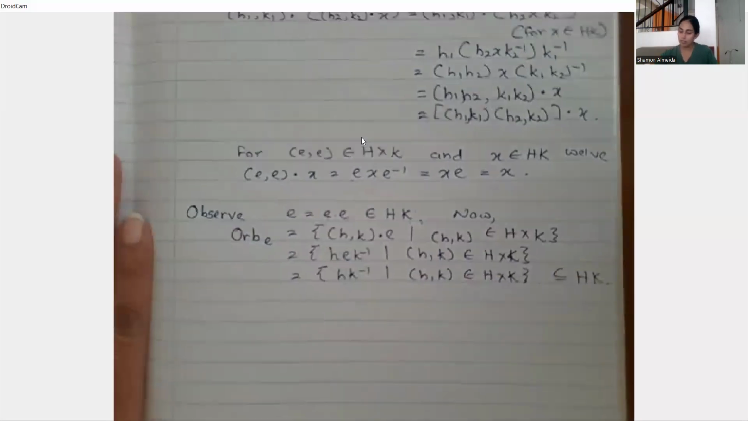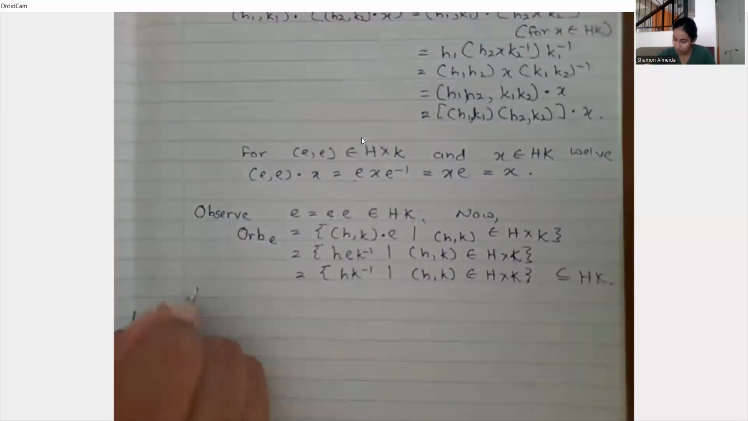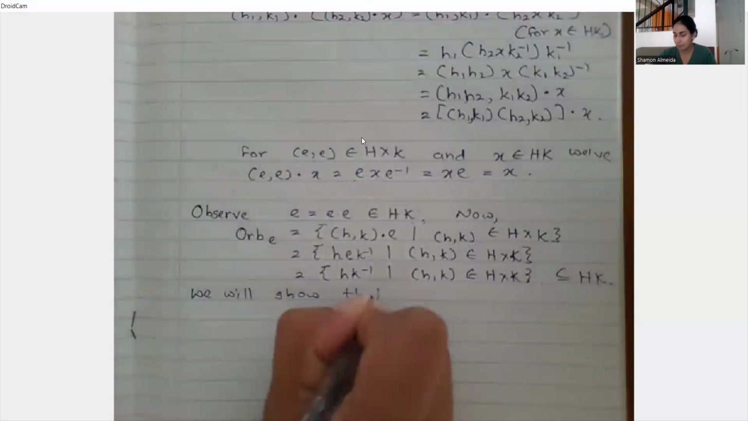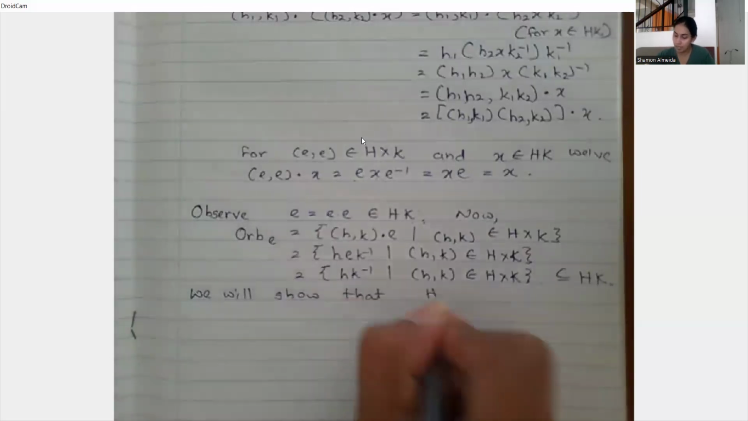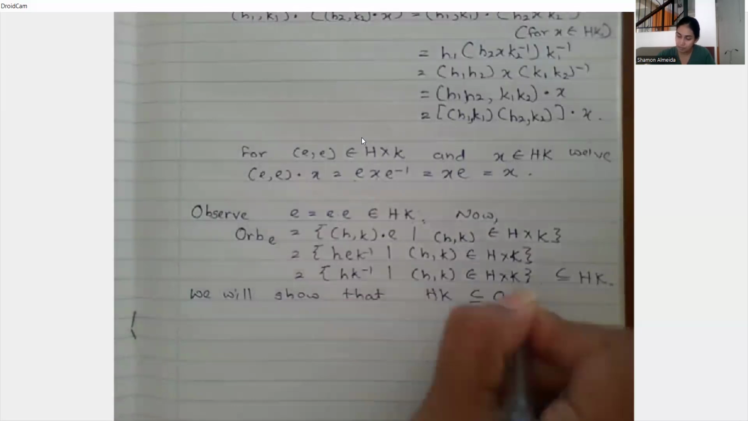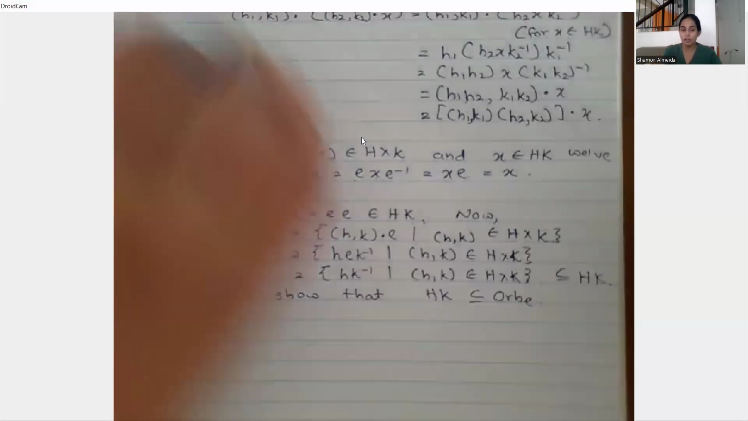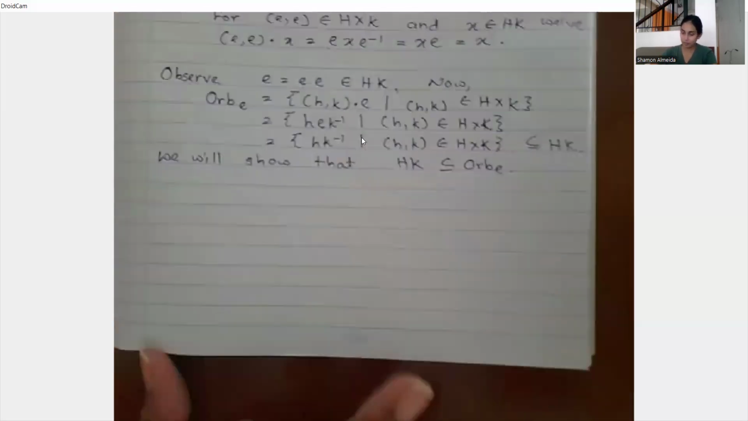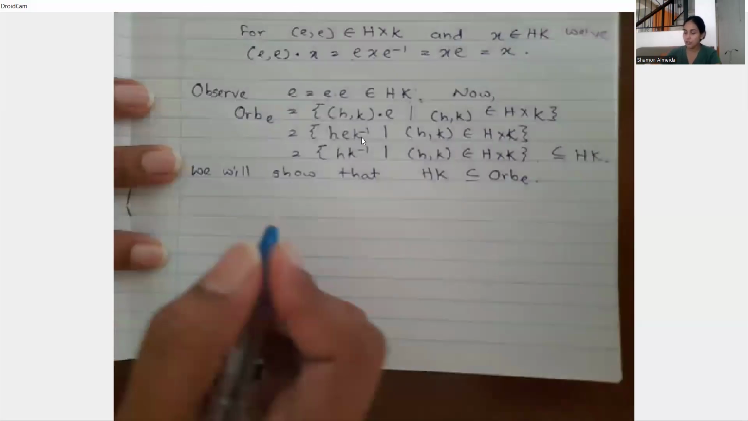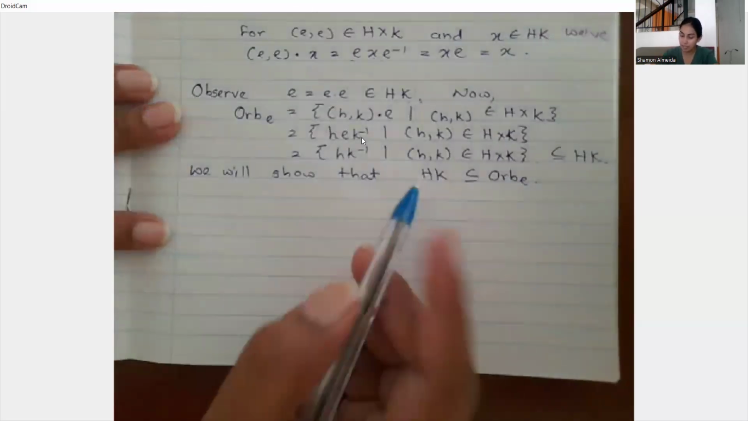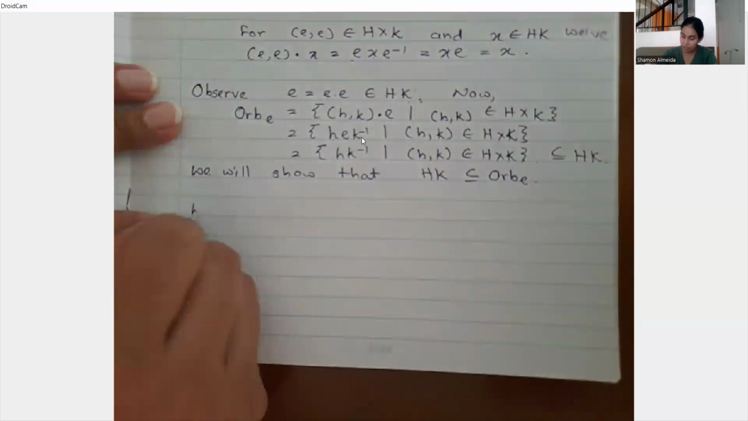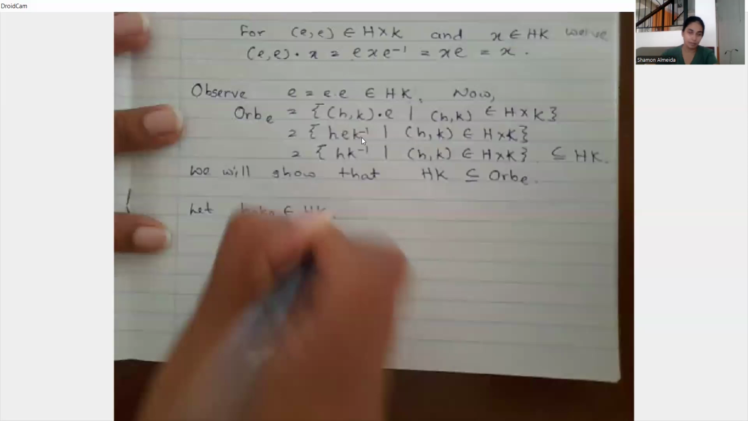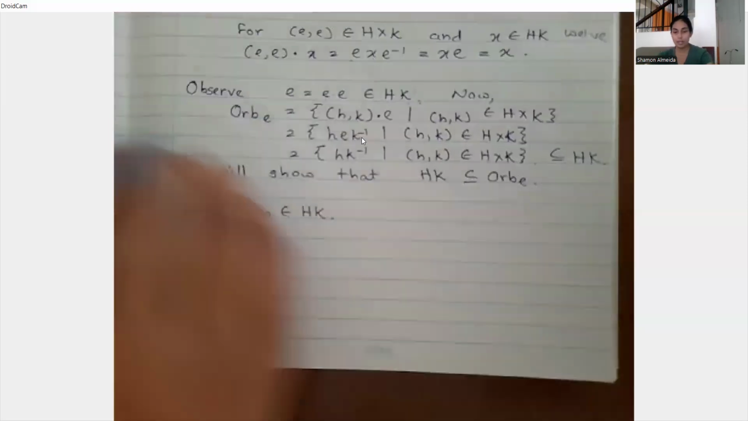Now observe, we will show that HK is a subset of this particular orbit. Right. So in order to show this, let's take any element from the set HK. So let's take H naught, K naught from the set HK. Right? Then